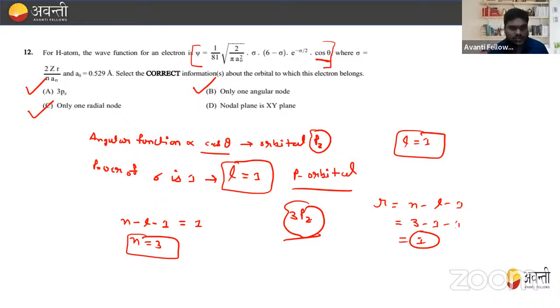So from this question, what we learned is that the angular function is directly proportional to cos theta, which is equal to orbital pz. So for pz only, this cos theta is given. Now power of sigma is 1. It indicates that